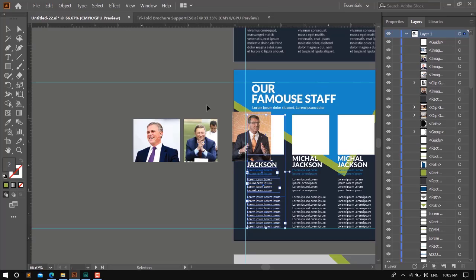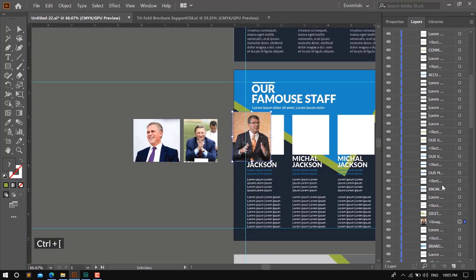You can also move this image by the click and drag method like this, or Ctrl open bracket and close bracket also work.